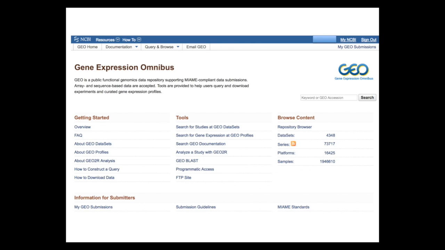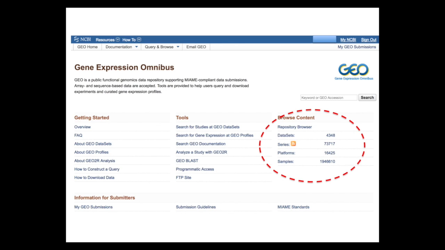And one of those places where we deposit all this information is the Gene Expression Omnibus. Everybody's heard of that? Anybody has not heard of it? Good. This is where we're sticking all our data, people. The problem with Gene Expression Omnibus, well, let me basically tell you right here. This is how many data sets are in the Gene Expression Omnibus right now. There are approximately 74,000 different experiments containing almost 2 million samples.